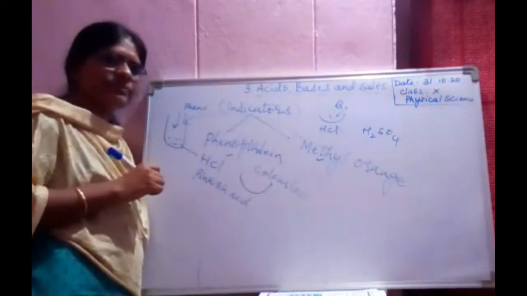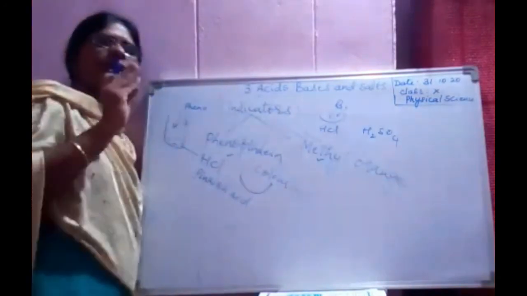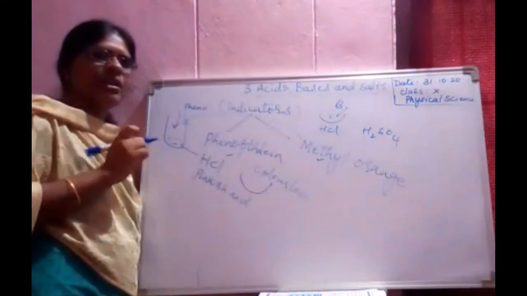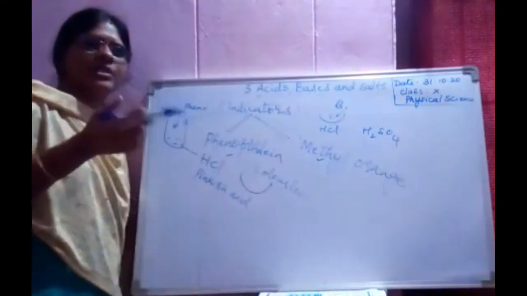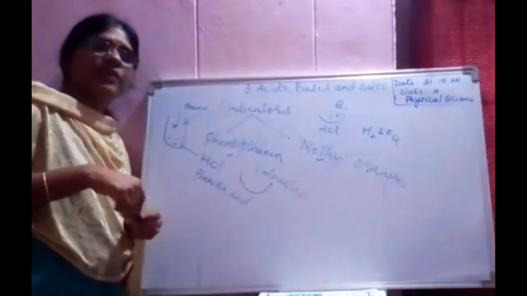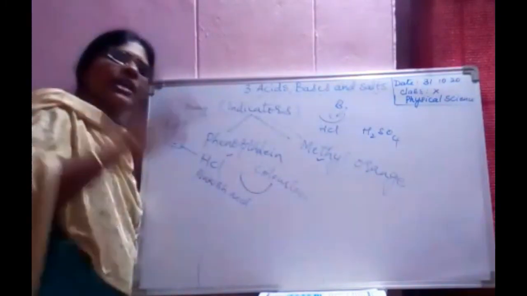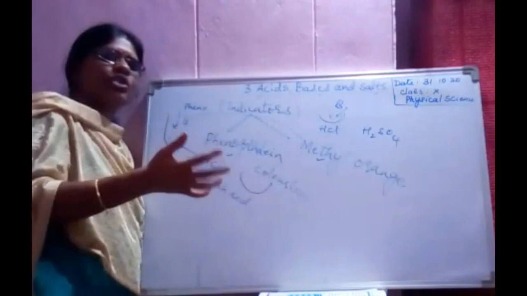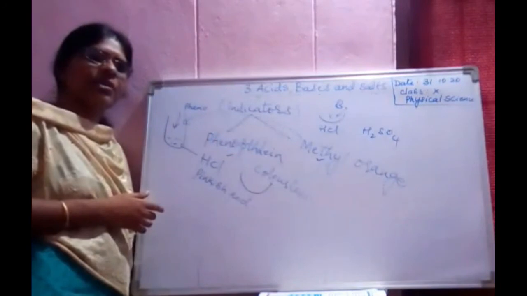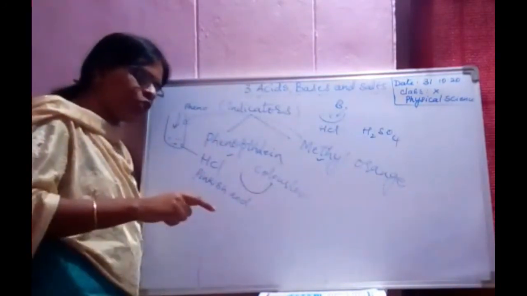Okay, children. Only we have learned today litmus paper and the usage of the indicators. Whenever a blue litmus turns red, it is an acid. Whenever methyl orange is added to a substance, if it changes its color to pinkish red, it is an acid. Okay. Next you see H2SO4, HNO3,